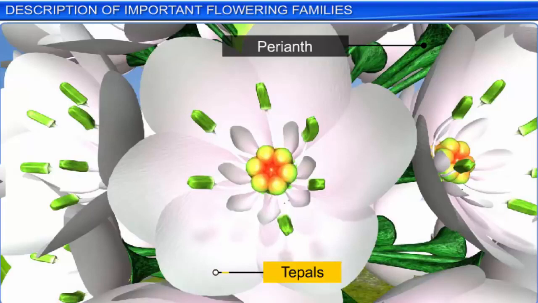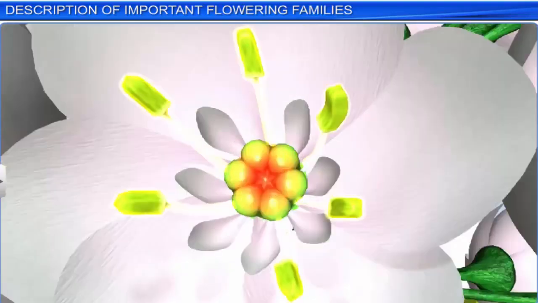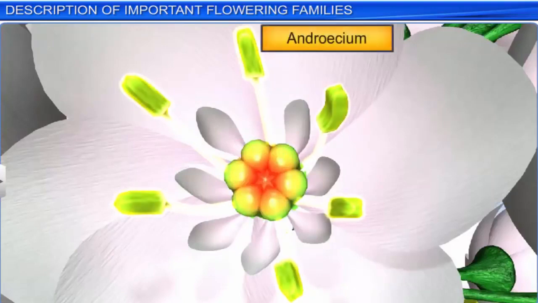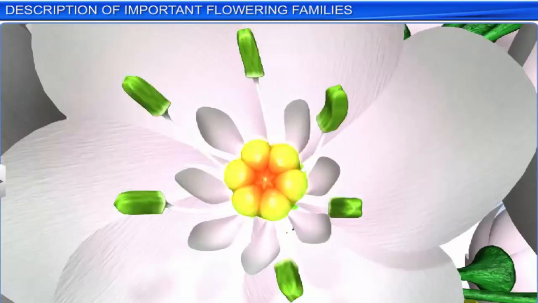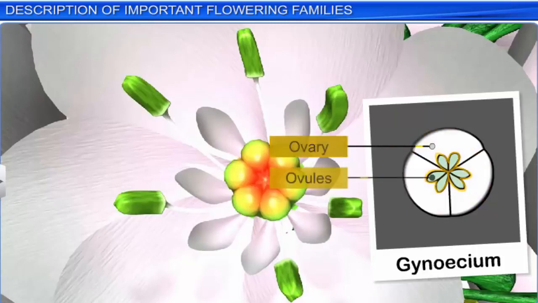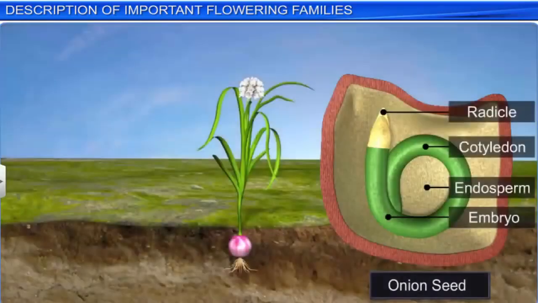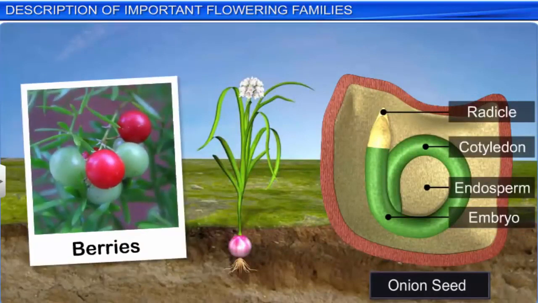In the Liliaceae family, the androecium consists of 6 stamens, and the gynoecium is tricarpellary and syncarpous. The ovary is superior and trilocular, with many ovules arranged in axile placentation. Fruits belonging to this family are generally capsules and are rarely berries, while the seeds are endospermous. The floral formula and the floral